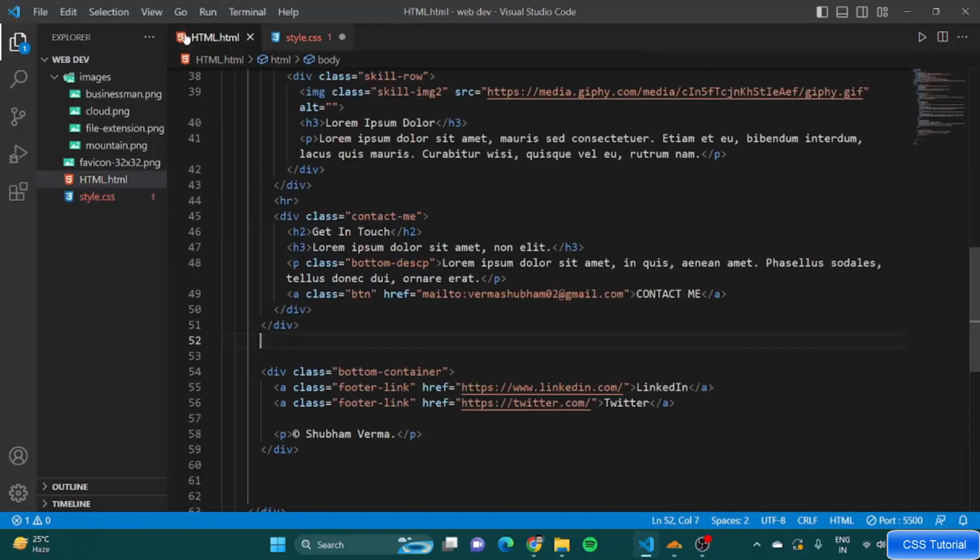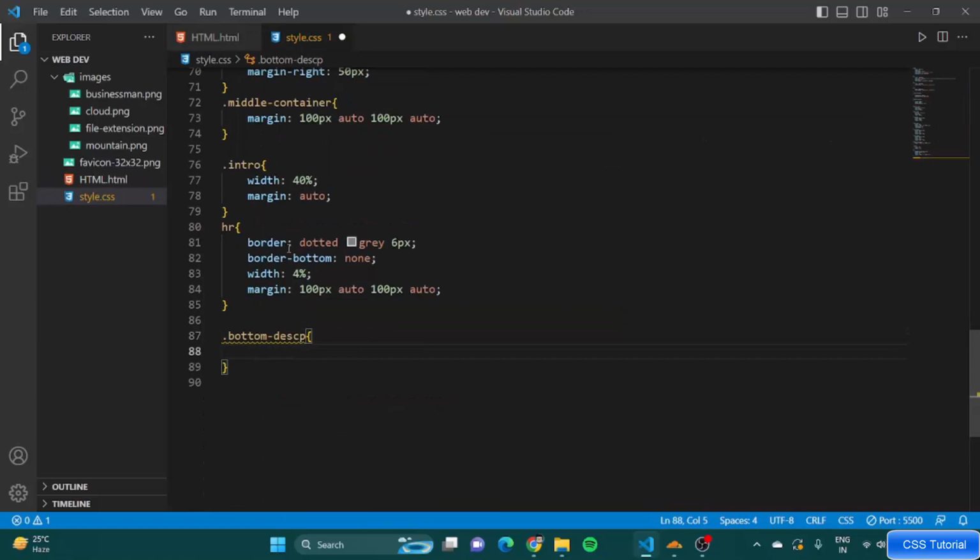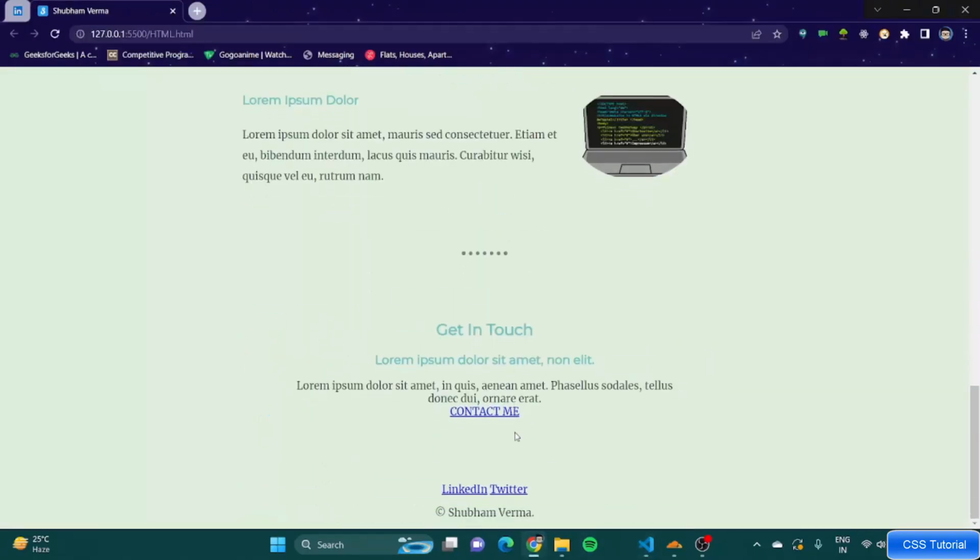This is what I have written. Okay, great. Now this was the code. I copy it and paste it here, save it. If I go back,